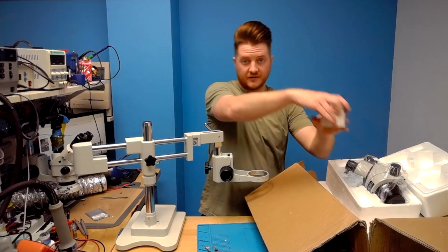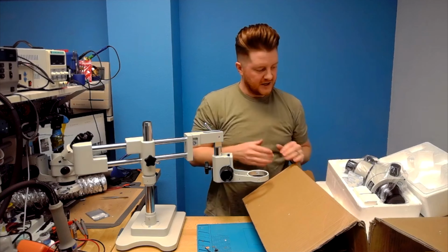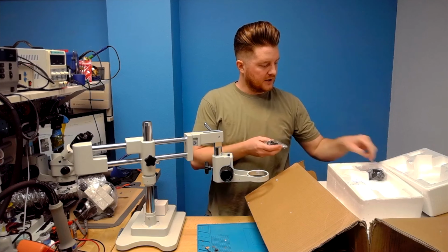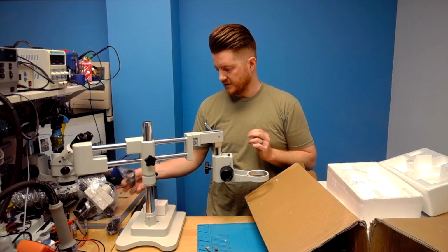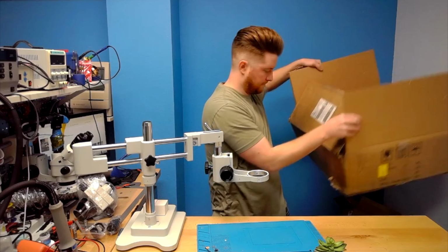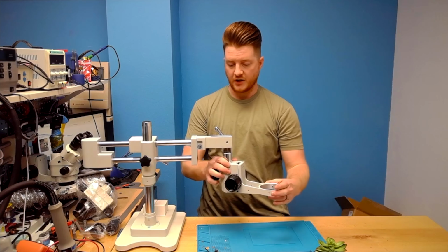So one thing to not forget that is surprising that we get a lot of messages on is these little eyepieces here. You have to have those inside of the scope itself. So go ahead and unpack it. We're gonna just go ahead and lay this down over here. Make sure that it doesn't roll off your bench. Go ahead and take the little eyepieces there, and then some random little rubber grommets, and then of course the little camera connection, which we'll use on another video. So let me see if I have a space that I can toss this down onto. All right, cool. Now we got a little more space on our bench,